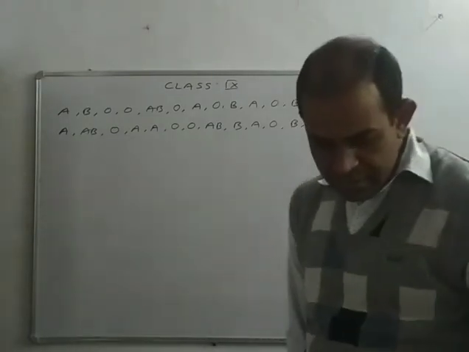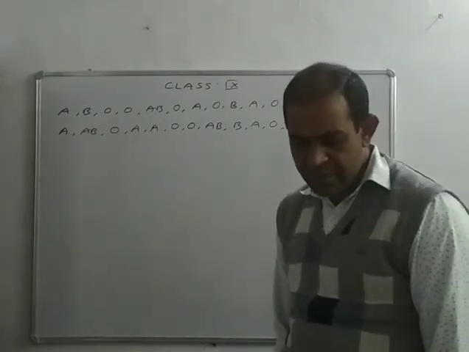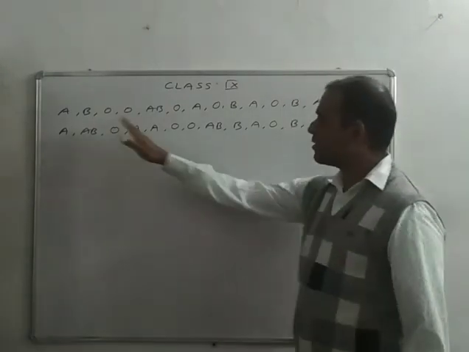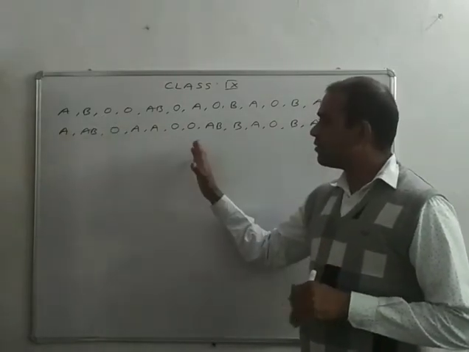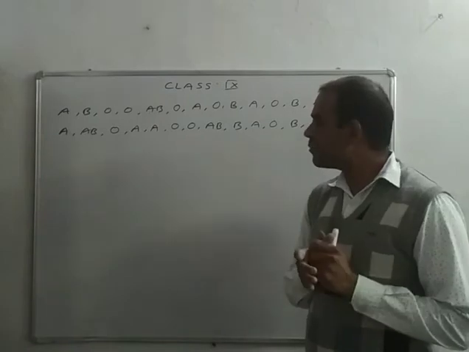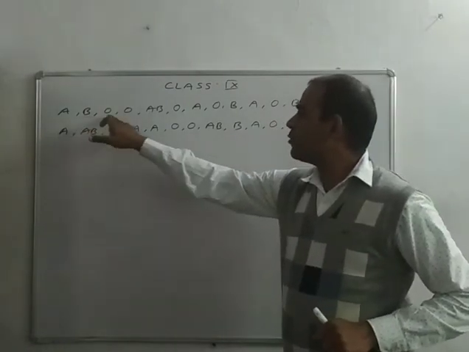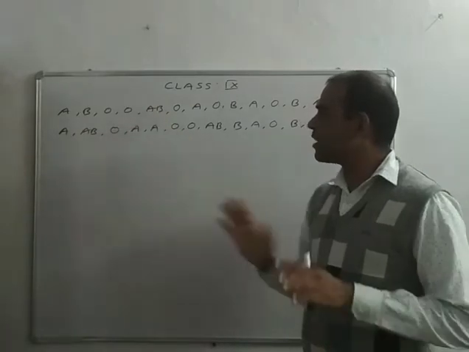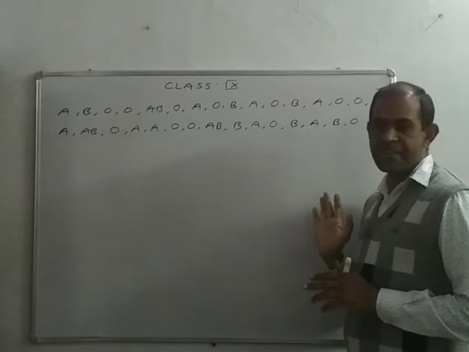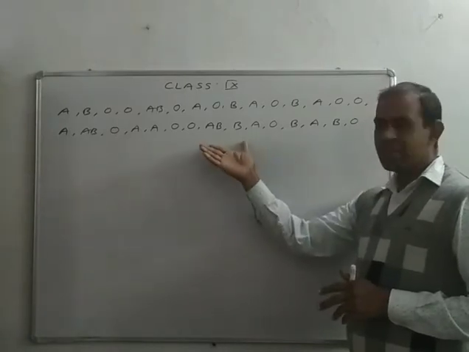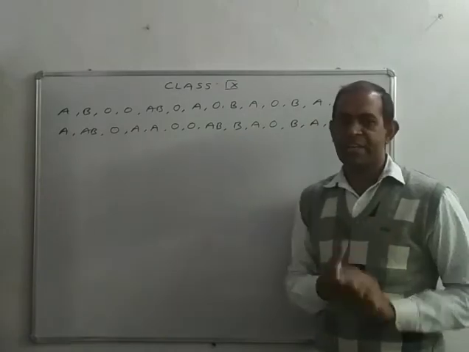Our first question is, the blood groups of 30 students of class 8th are recorded as follows. This data is related to blood group, and we record the blood groups of 30 students. Blood groups A, B, O and AB. There are 4 types of blood group. The data are collected, maybe primary or secondary, and again we tabulate it.